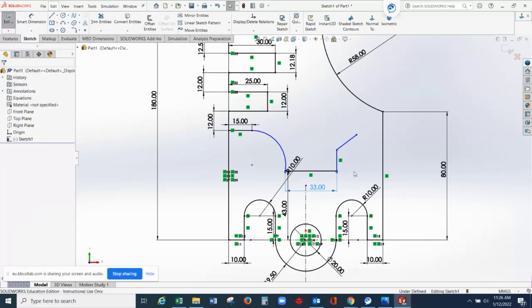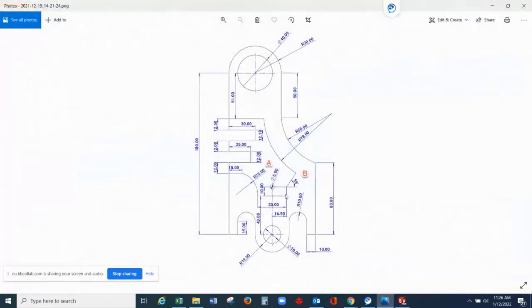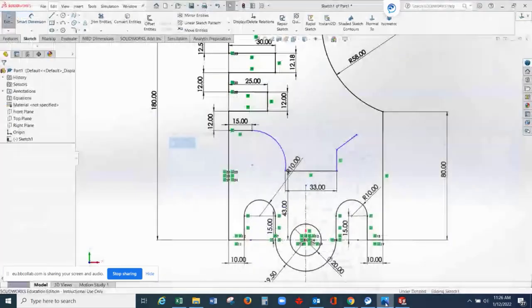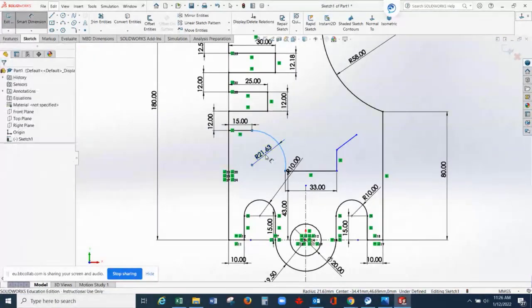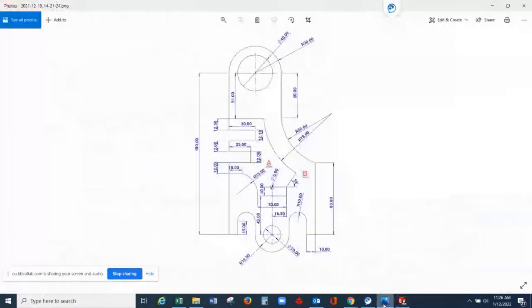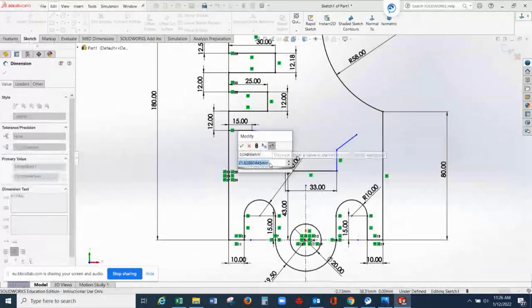Put here. Then you have this 25 millimeters radius. Smart dimension from here, 25.